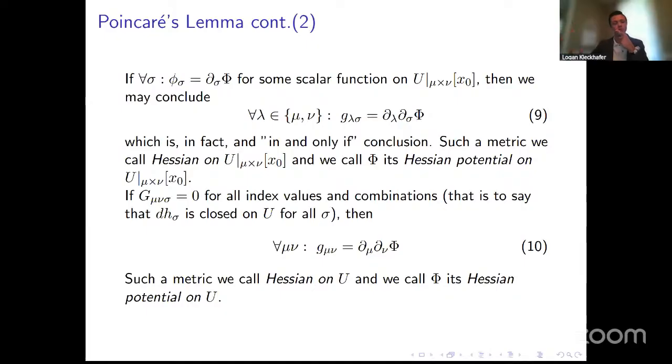Because all components of G vanishing is a very strict condition to be met on neighborhoods, because most metrics are not generated by a Hessian. So that's why I was wondering, okay, what does it mean for a particular combination of indices? And then this carries forward the Poincaré's lemma applications and shows the Hessian